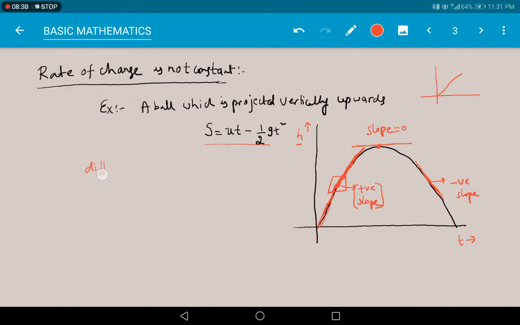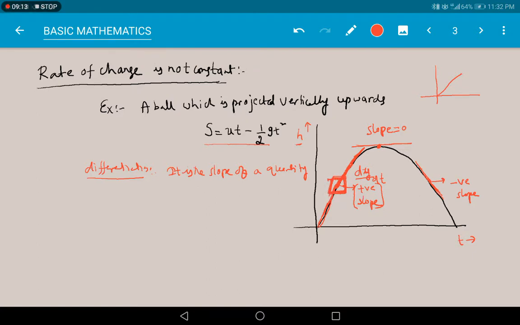So differentiation, I think you got an idea. Differentiation is nothing but the slope of a quantity. If you see here, this is a slope. If the displacement is taken as x, and the vertical distance we write as dy, so we can write dy by dt. Whatever the change in the quantity, we can represent it as a slope. The slope gives the derivative, so the slope gives the differentiation of the function.